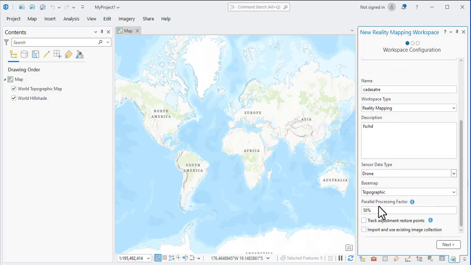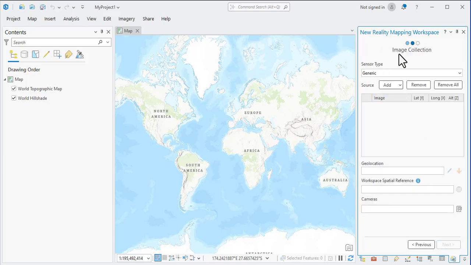In other versions of ArcGIS Pro, you will see that after the sensor type, there is scenario type. So they've removed it in this version 3.5.2. I don't know why, but they have removed it. So you leave every other thing. Once you see the scenario type, usually you leave it by default. So I think maybe that's why they removed it and replaced it, knowing that it's a default stuff. So after you've chosen your sensor type, you leave every other thing the way they are, and then you click on next. Now under the next, which is image collection, what we want to do here is that